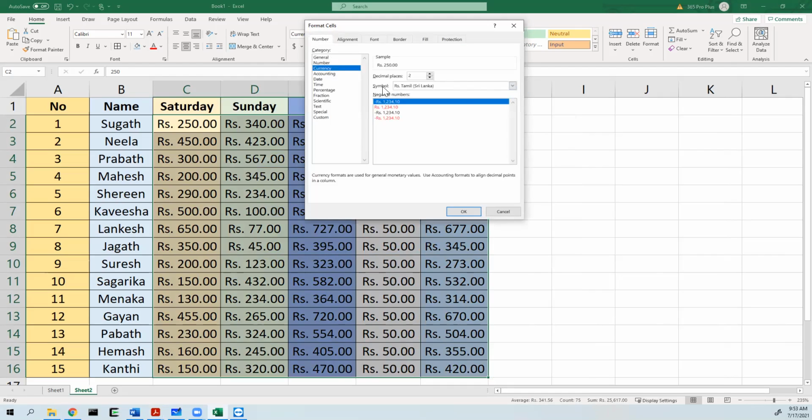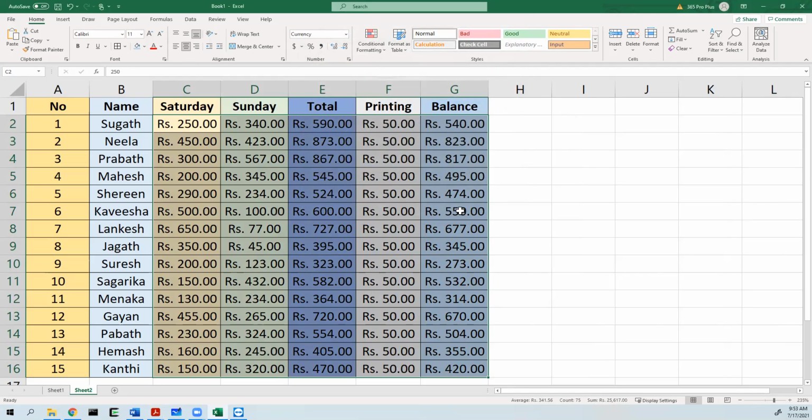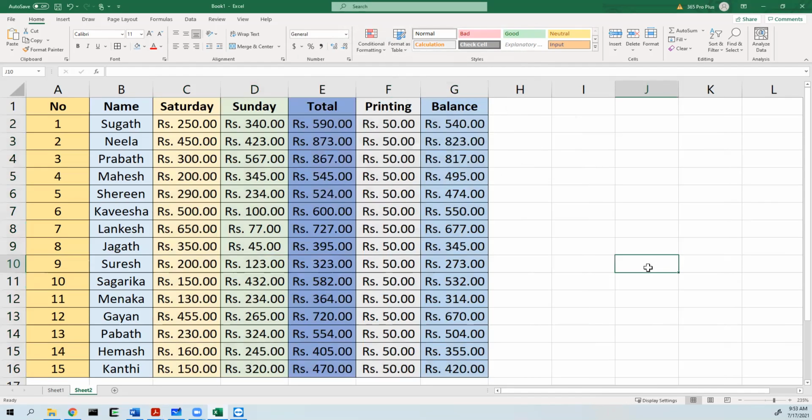Under currency symbol, you go down, and then there is rupees, Tamil, Sri Lanka. We are getting it like this. Okay, now with that one,